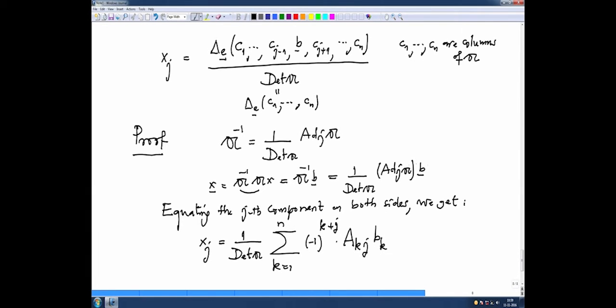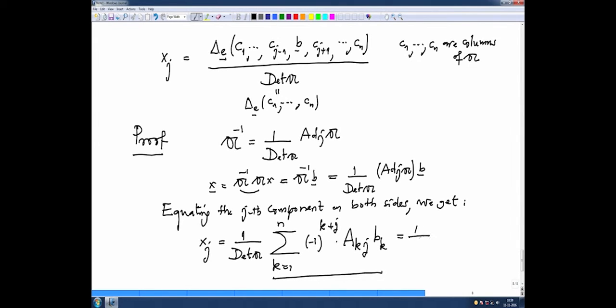This is precisely the jth row multiplied by the column vector B, that is this. And what is AKJ? AKJ is precisely this. So, this is precisely what we have written, 1 over determinant, it is the same thing, but this side, this one is precisely